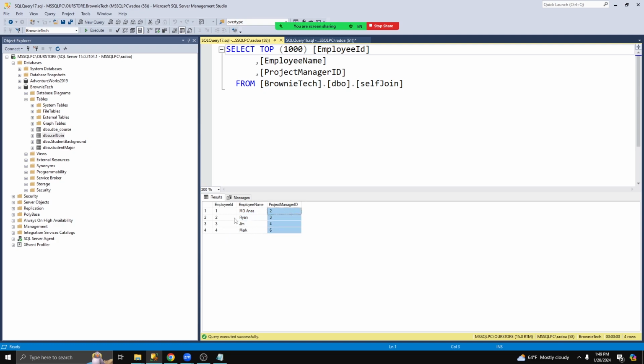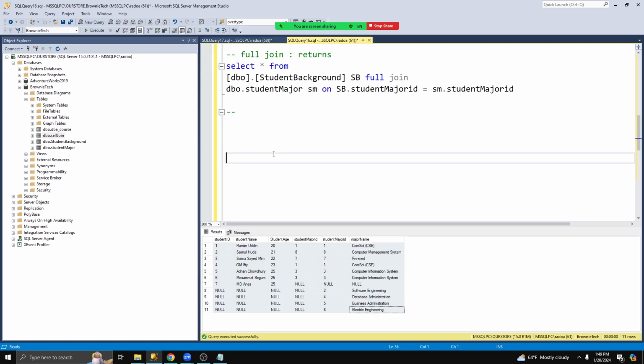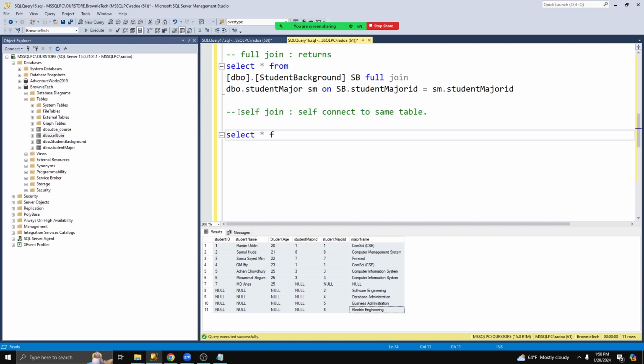So to do this, what are we going to do? Let's select. I'm going to do it here: a self join, a self connect to the same table, so it's easier to understand. What I'm going to do is select everything